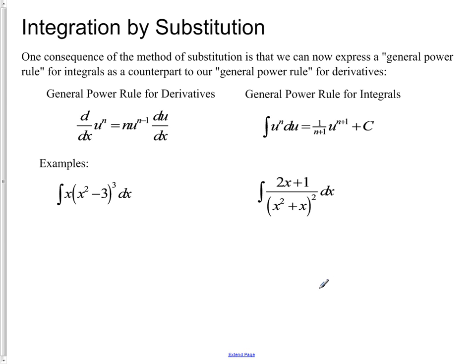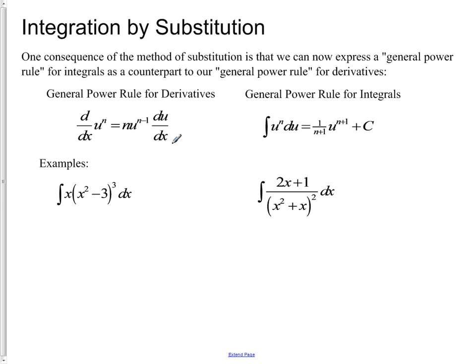Well, one of our consequences of dealing with integration by substitution was that we could actually now come up with a general power rule for our integrals, which is a counterpart to our general rule for derivatives. You recall that in the general power rule for derivatives, the derivative with respect to x of some function u to the n would be n times u to the n minus 1 power times the derivative of u with